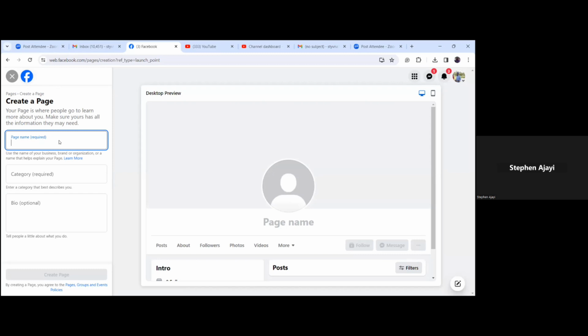Remember that you are creating this page for your institution, or for a professional body, so you give that page a name. So let's give it a name now. Let's say, I know National Library has a page already, so let me say